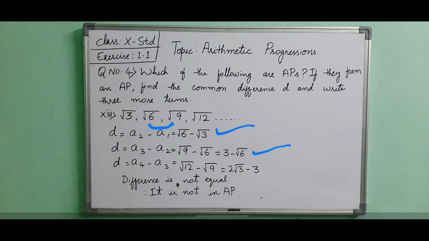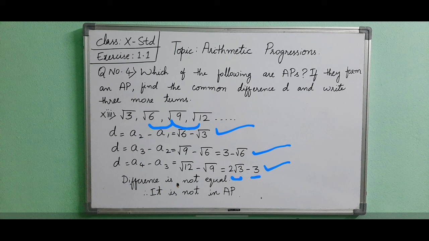Then square root of 12 minus square root of 9. Square root of 12 can be written as 2 root 3. Why? Because 2 squared is 4, and 4 times 3 is 12 itself. So at this place we write 2 root 3 minus square root of 9, which is 3. Again the powers are different. Here the square root sign is there; if the 3 also had a square root, we could subtract. But here one 3 has a square root and the other does not, so we cannot subtract them. This will be our final answer.